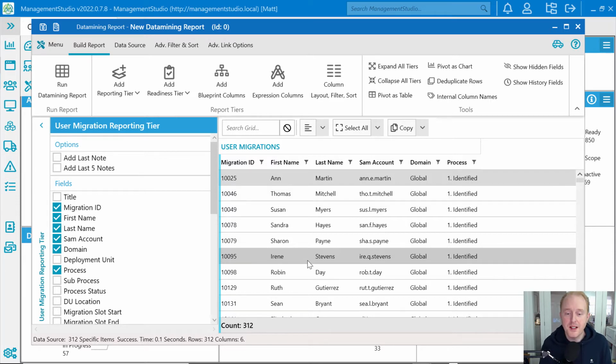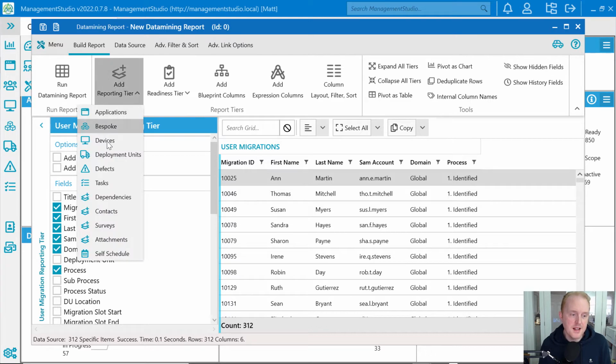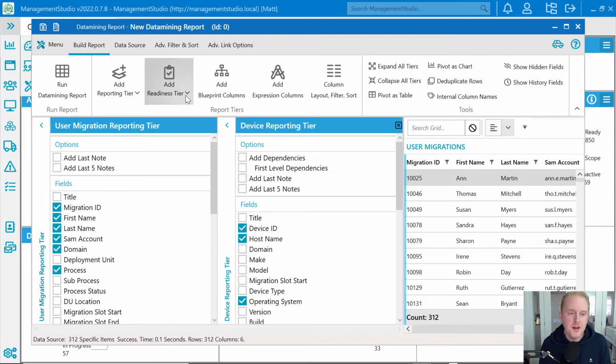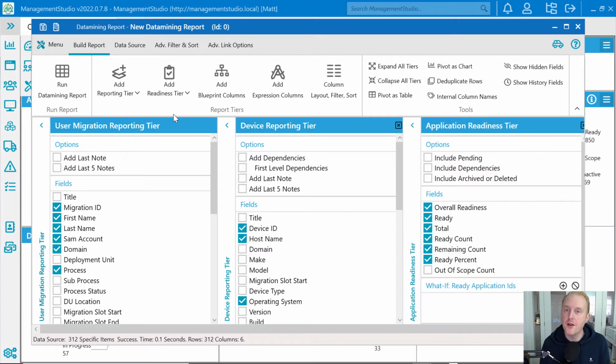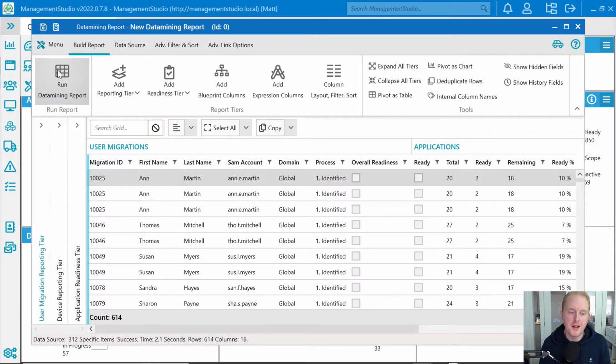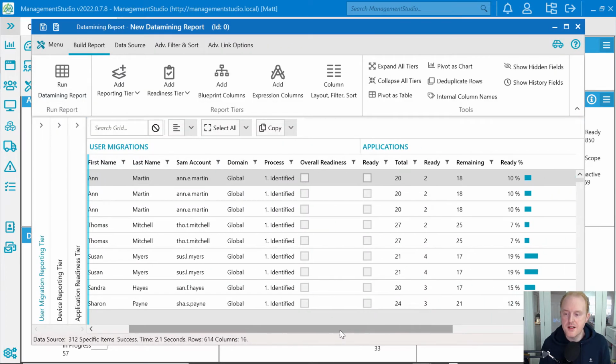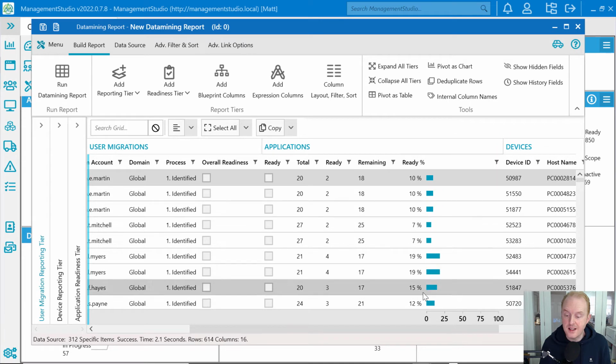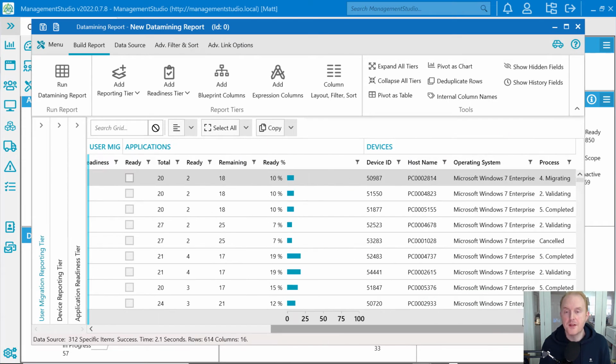So here we're looking at our users. I want to add devices to this list. Maybe I also want to see how far along the applications are for those users. And when I run this, the report will bring all this information together for me in one place. You can see we have user migrations, our applications, and the status down here,